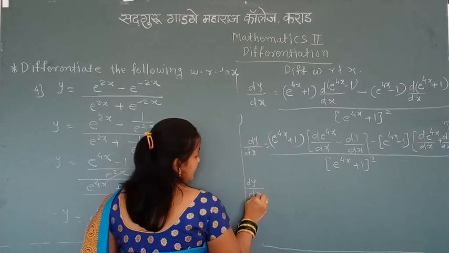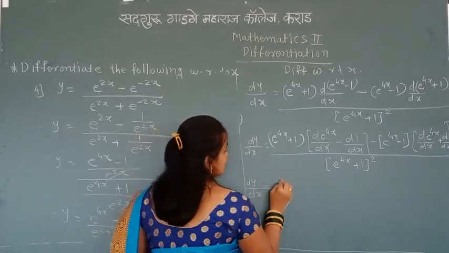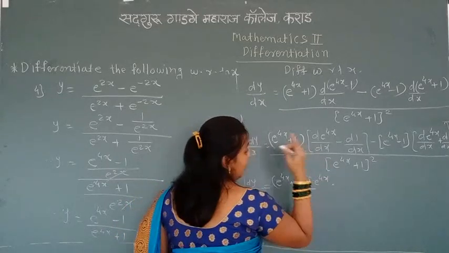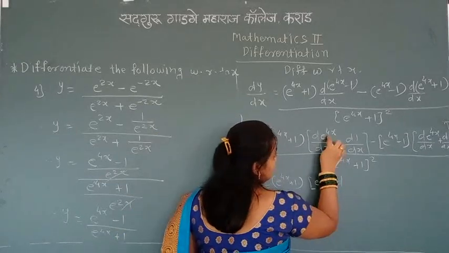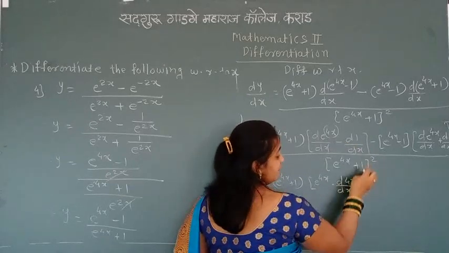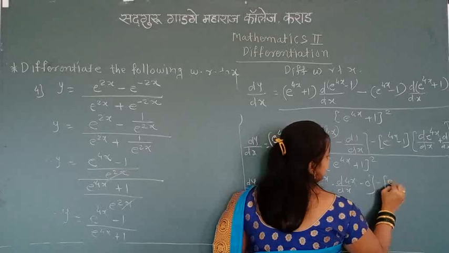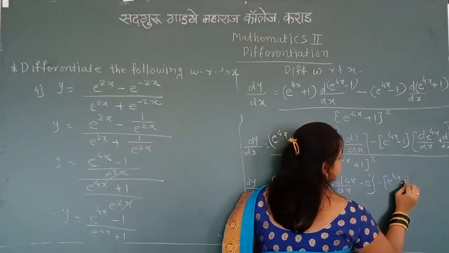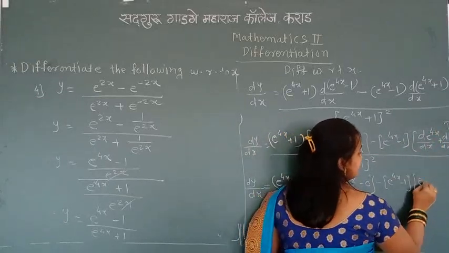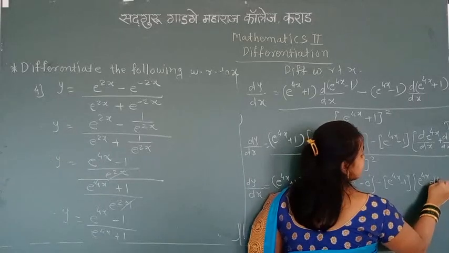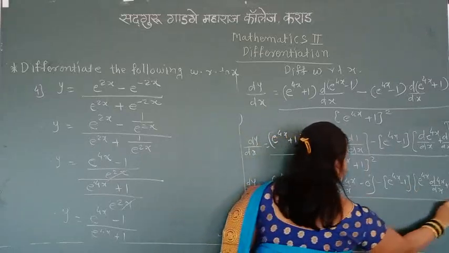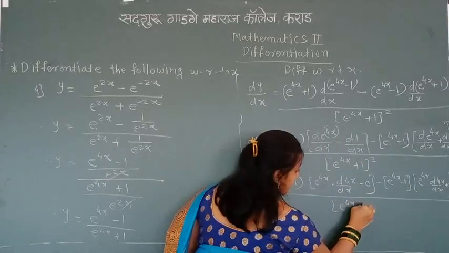We know that both are composite functions, so we use the composite form. So e raised to 4x plus 1 multiplied by the derivative of e raised to 4x, and again I find the derivative of e raised to 4x, where x is replaced by 4x, so again the derivative of 4x with respect to x. What is the derivative of 1? Which is 0. Minus e raised to 4x minus 1, derivative of e raised to x which is e raised to x, derivative of e raised to 4x which is e raised to 4x, again the derivative of 4x with respect to x, derivative of 1 is 0, divided by e raised to 4x plus 1 whole square.